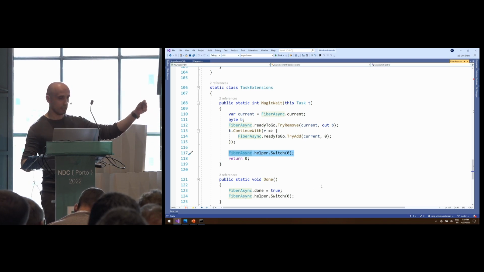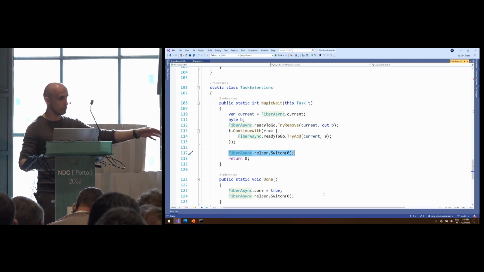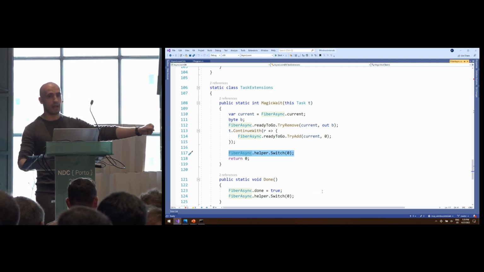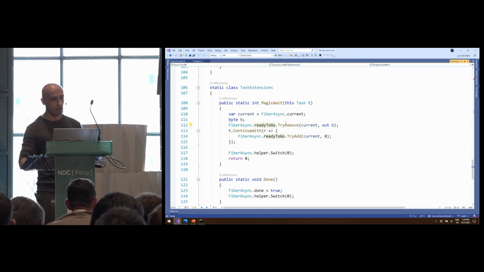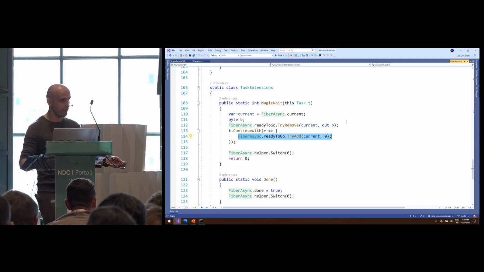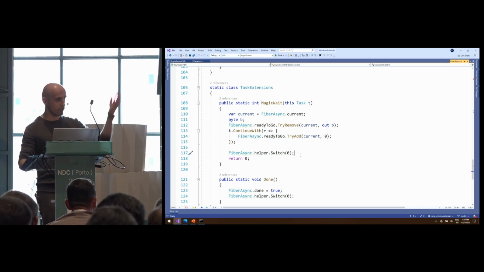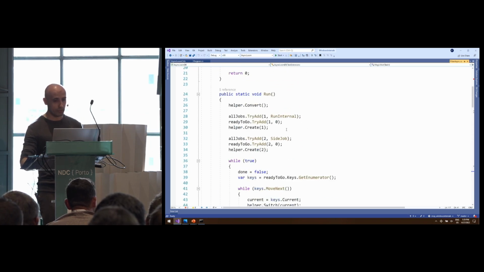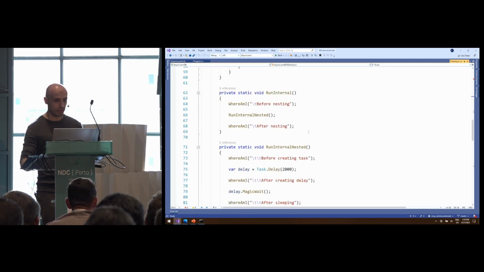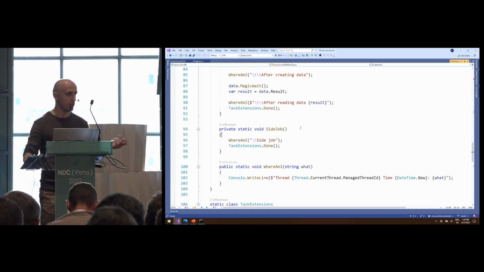When this method on fiber 1 wants to await for something, it tells the OS, hey, I'm done, go to fiber 0. Okay? And then there is a continuation on this task, which when we are done waiting for the delay or whatever else, we add this fiber to the queue indicating that, hey, this fiber is ready to be carried on again. So then fiber number 0 will pick it up from the queue and tell the OS, hey, I'm done, go to fiber 1. And on fiber 2, we just submit the side job. Okay, so this is the important thing, that we just submit the side job which is here.